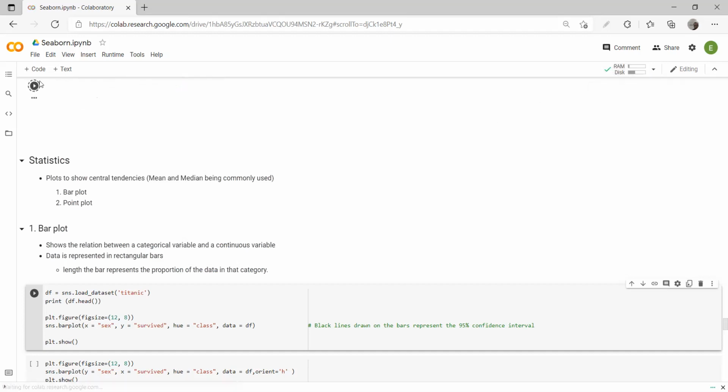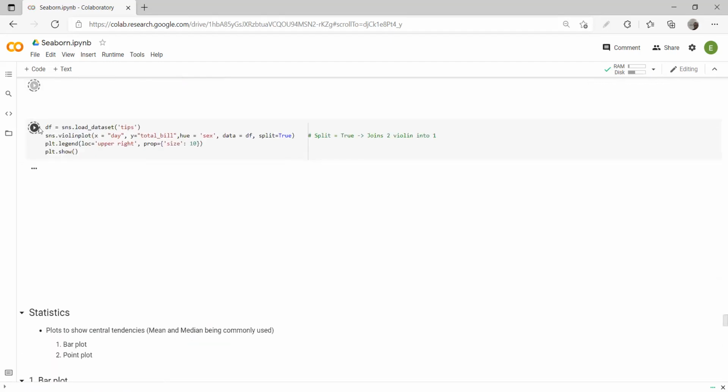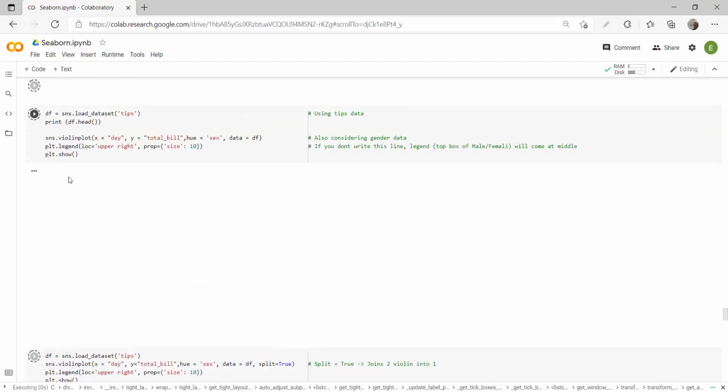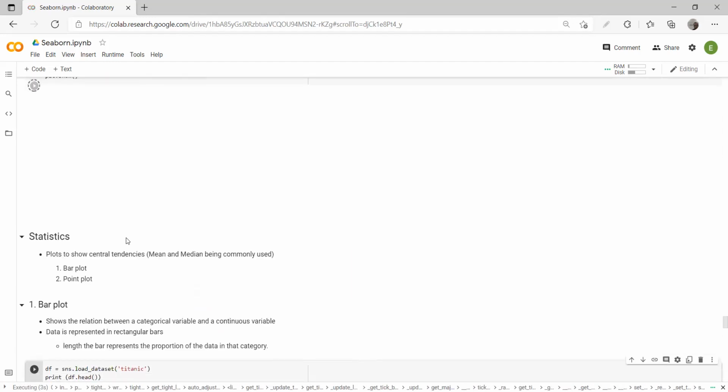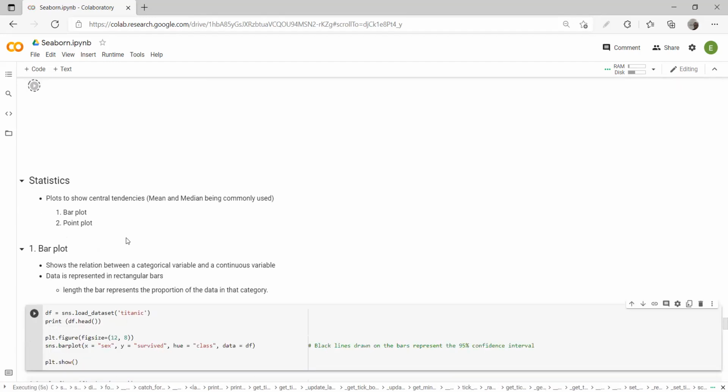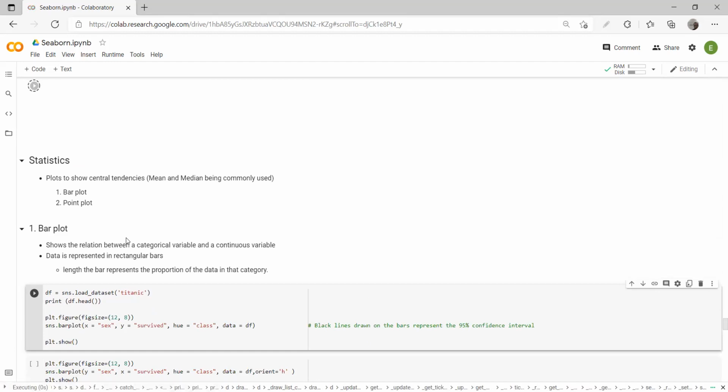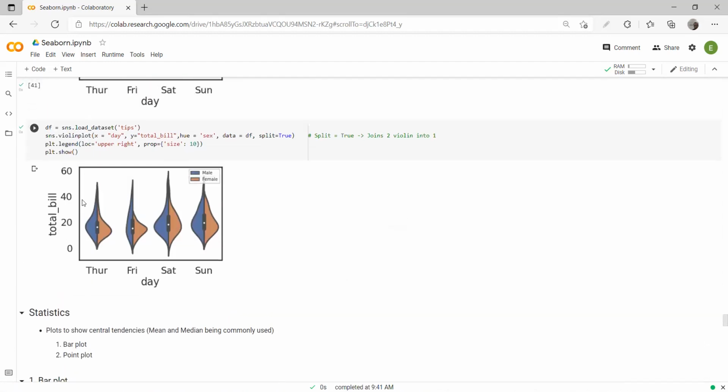It is executing, so all these blocks are executing. So let's wait till it comes here. Okay, so we have come till the